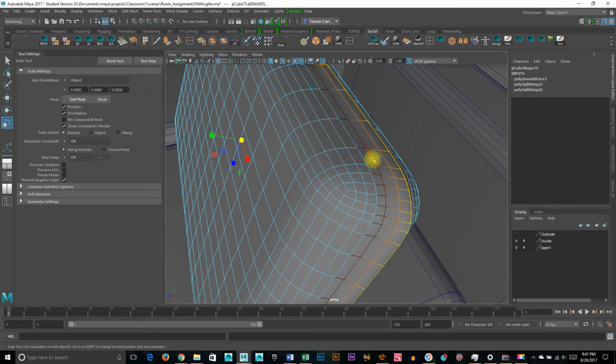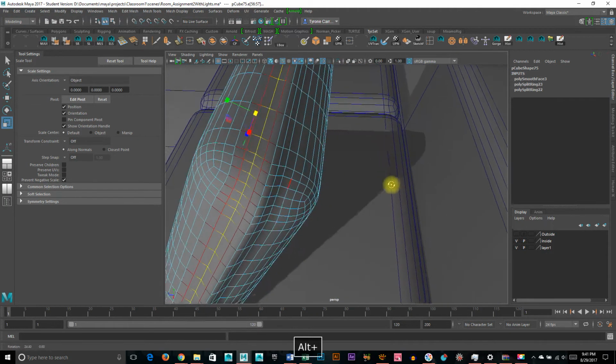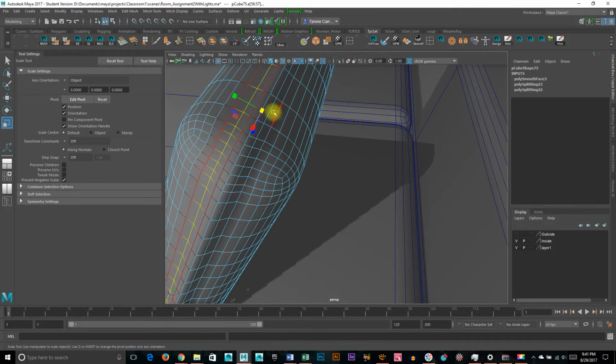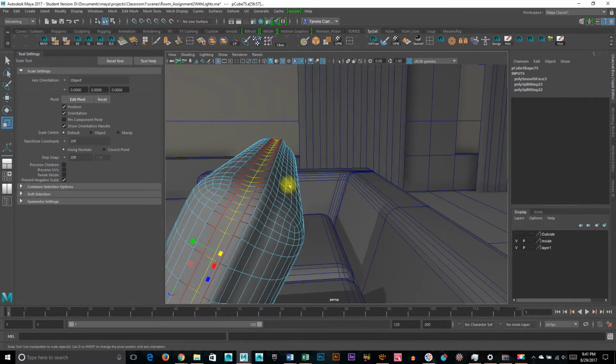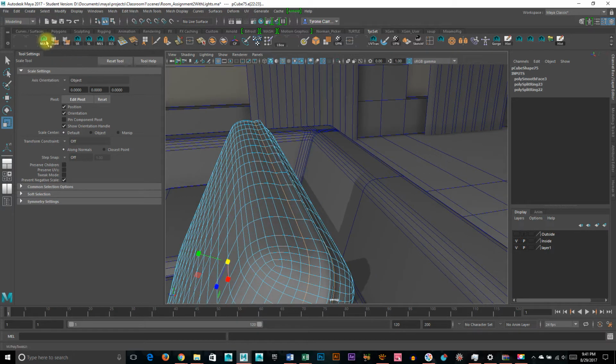And then I can just double click these guys here on either side. Which one would that be? This one there. Turn off the soft select. Here's a little trick. And I can go under